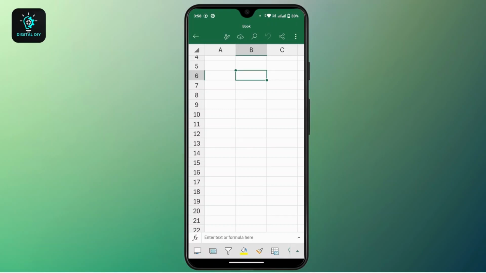In today's video we will learn how we can autofill data in Excel mobile. So without further delay, let's get started with this video. For that, first of all, open up Excel in your mobile device. After you have opened it up, now if you want to fill or autofill the data, what you have